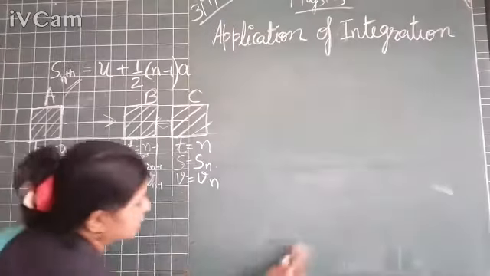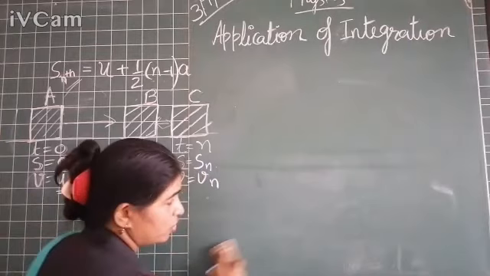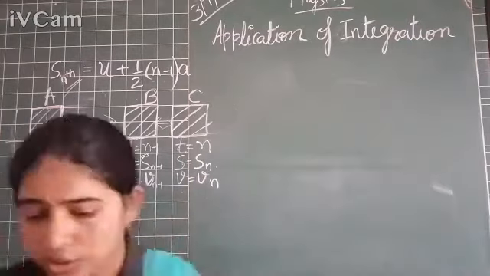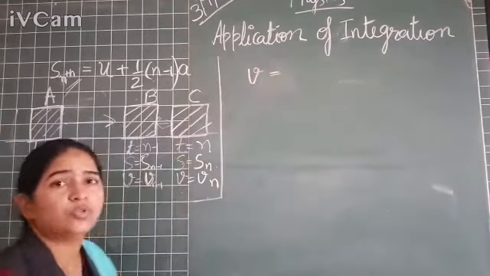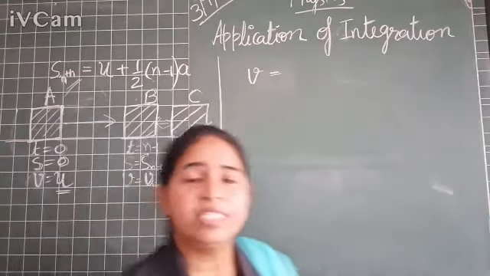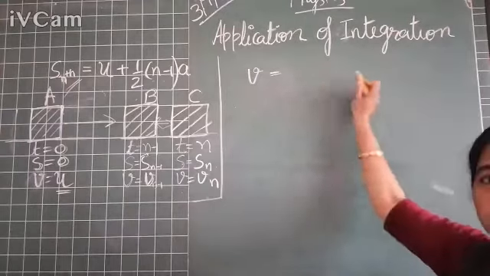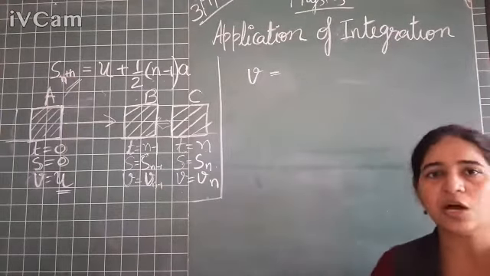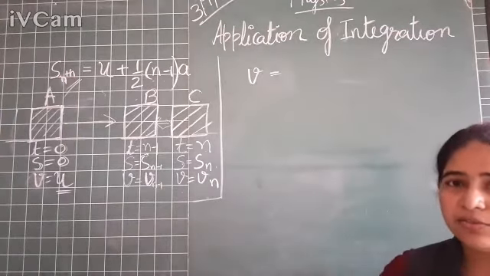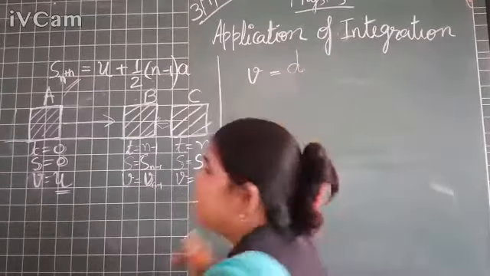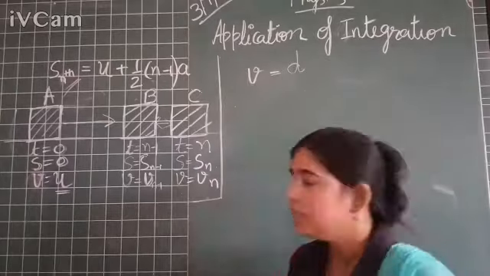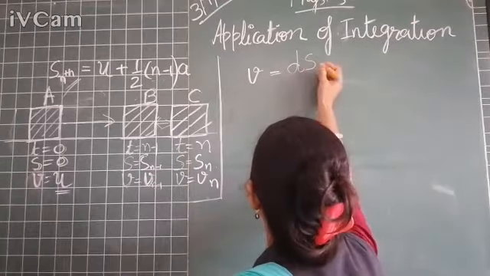We have already seen the derivation of 3 equations. This is our 4th equation, and we will start with, we know velocity equals to change in displacement upon change in time, how much time was taken, right? And the word change, we are replacing it by d. D means small change, right? So v equals to ds by dt.